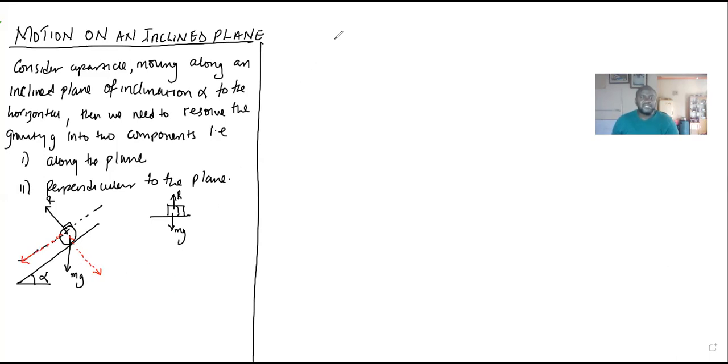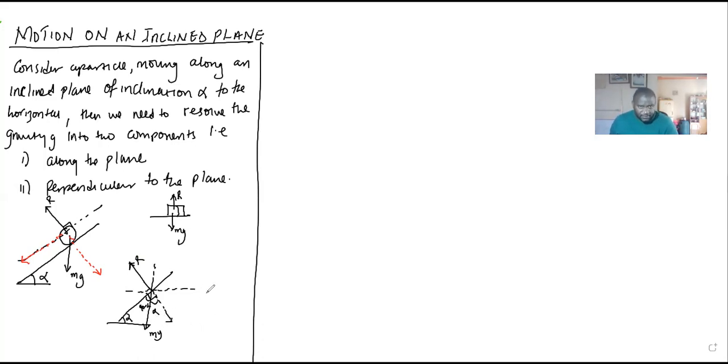Now that is where the mathematics is. We need to know what we have done to get those components. If this is where the weight was mg, and this is alpha, the angle up here will be 90 minus alpha. If this is 90 minus alpha, remember there's a normal reaction here, R, which is also protruding this way. Now the whole of this angle is 90. There is a balance here of alpha. So